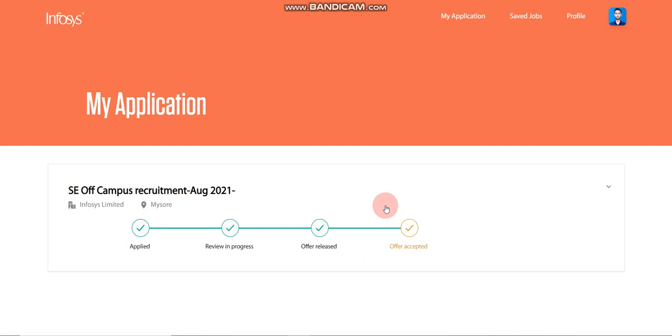So what is the next step after this? Before that, let me tell you, here you can check your application status. If your application is showing review in progress, it means you should wait. And if it's showing rejected, it means you are rejected, so you should apply again after 6 months. If it's showing only review in progress or under progress, then no need to worry, please have patience, because this process will take time.